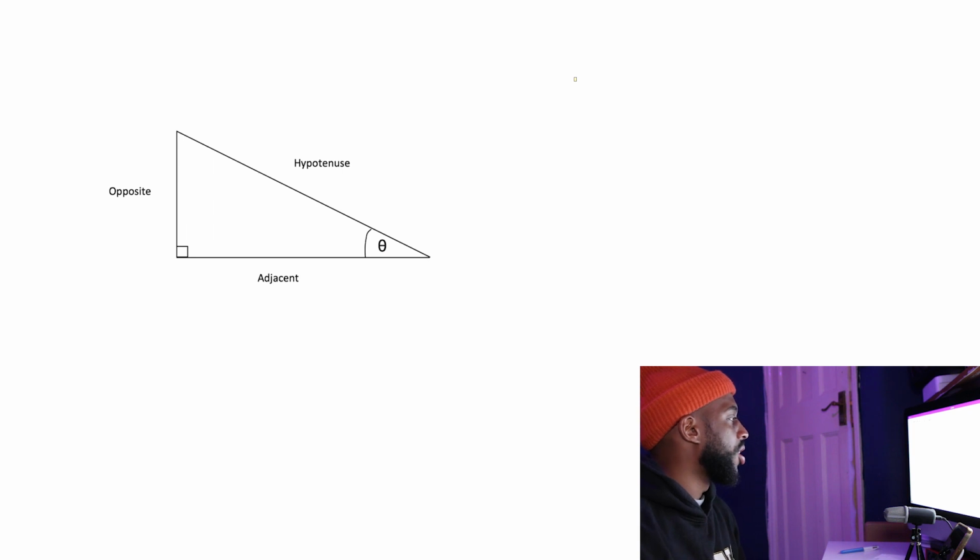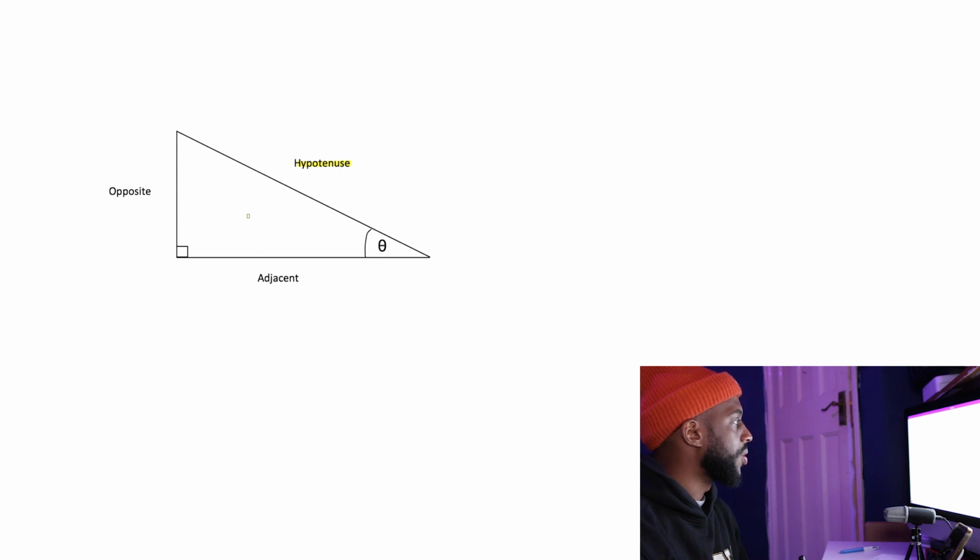So first of all, we are only going to apply this to right angle triangles. And you can see here I've labelled some sides of the triangle. So this side here is called the hypotenuse. The reason for that is because it's the longest side, or in other words, it's the side opposite the right